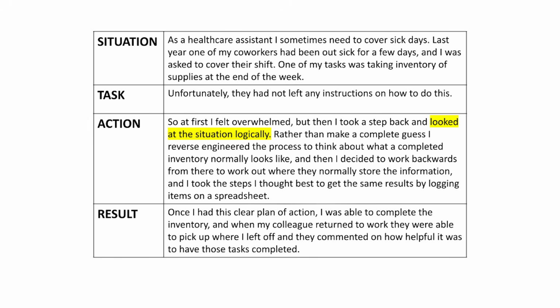So why is this a good answer and how can I use it? All right, so when you're answering questions about using logic, remember to explain clearly where the logic part of your actions are, not just explaining how you solve the problem. Make the logical steps really clear. So in the answer here, it says, I looked at the situation logically. I didn't make a complete guess. I reverse engineered the process so that I could make a decision. And then it goes on here to explain that the benefit was that your colleague didn't need to correct anything, so they could just pick up